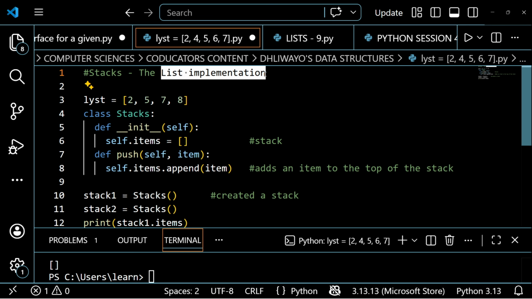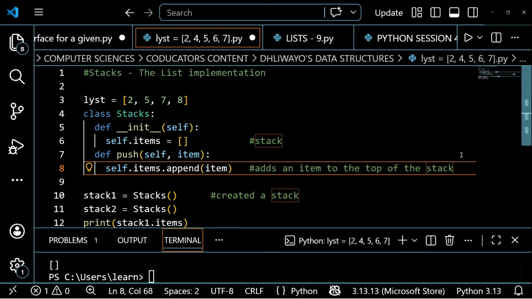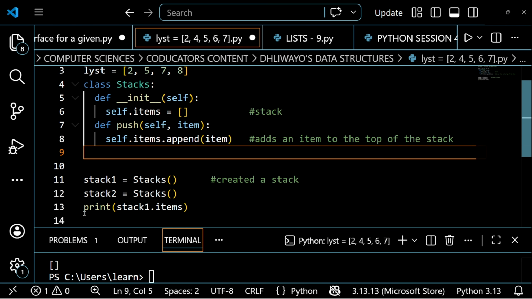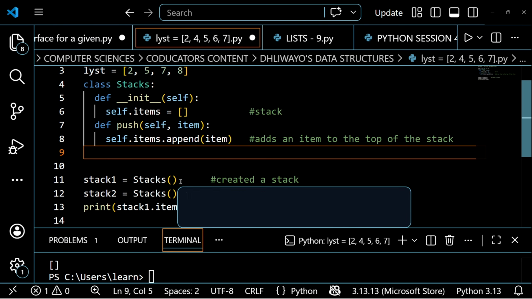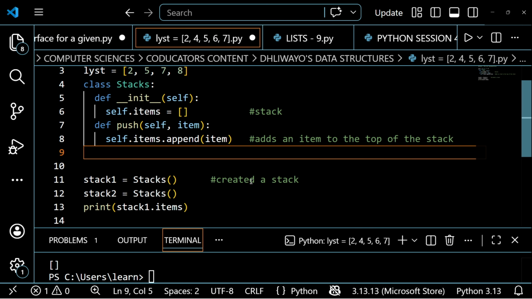So you start with an empty list, then you append items to it, which means that you add items on top of the stack. You now call it a stack, but it's just an empty list. I repeat for the millionth time as we go to another method. The other function that we can implement on the stacks is the pop method.